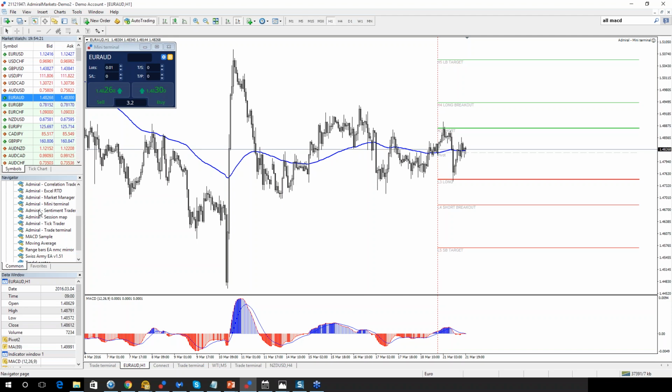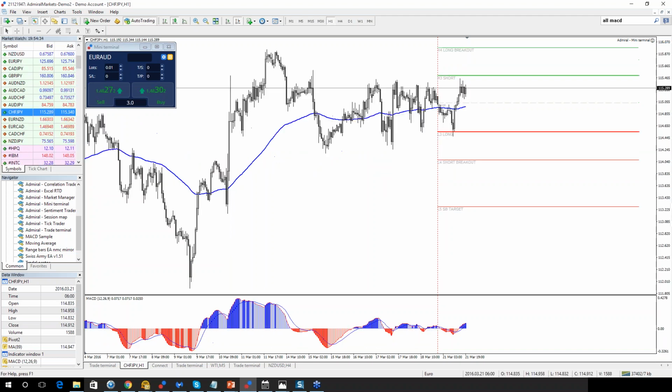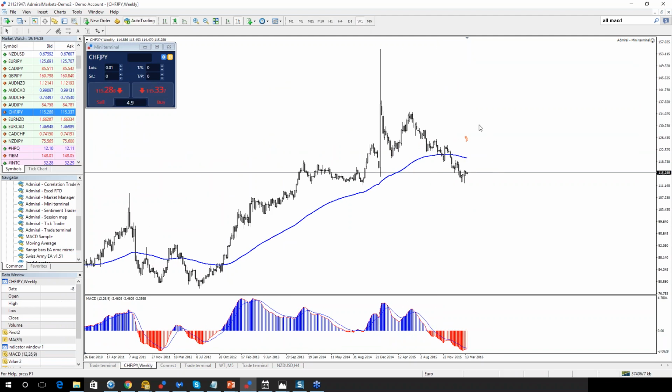Okay, guys, there is still time for one more question. So if you have one more question, go ahead. Jan, Swiss yen, 3 rejections. Let's see. Weekly. Looks bullish, yes.